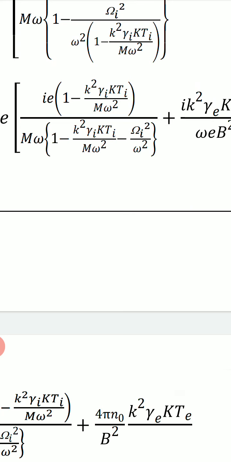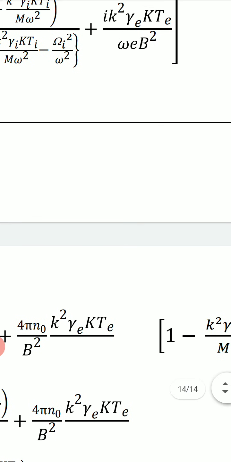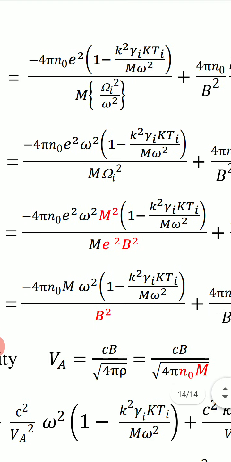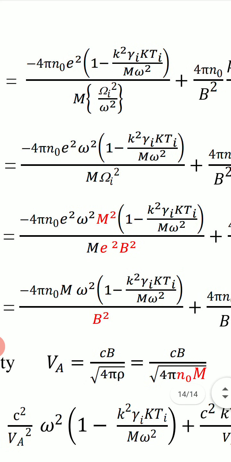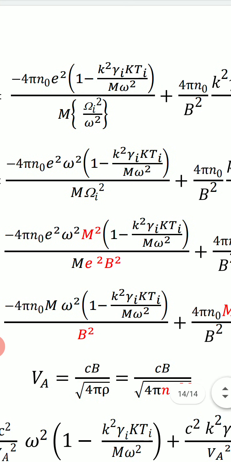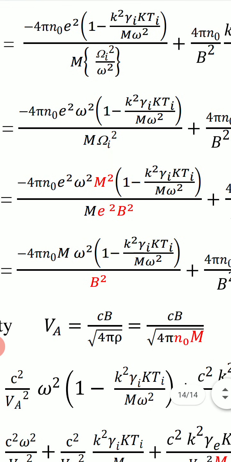In this term, in the denominator, in the first term inside the bracket, we neglect these first two terms in comparison to the last term. Then this equation reduces to this. Now we simplify this again and get this expression. Take omega square to numerator. Second term is the same. In the next step, we